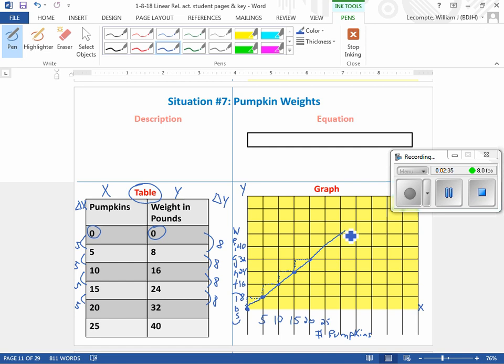So our equation is based off of y equals mx plus b. Well, we don't have a b, so we're not going to use the b this time. We don't have anything on the y-axis except for the 0, so we're going to keep that as plus 0. Our y is actually the weight, and that is equal to the number of pumpkins